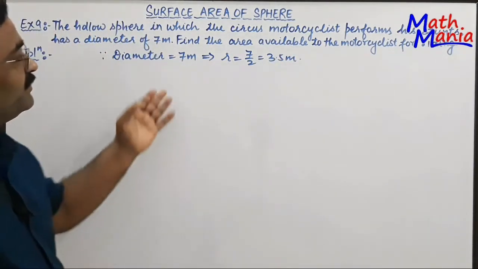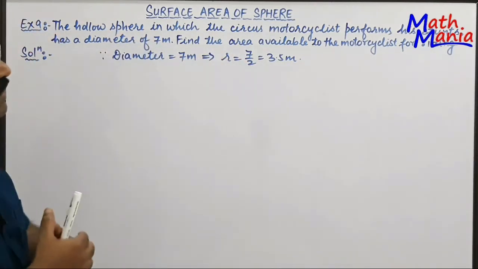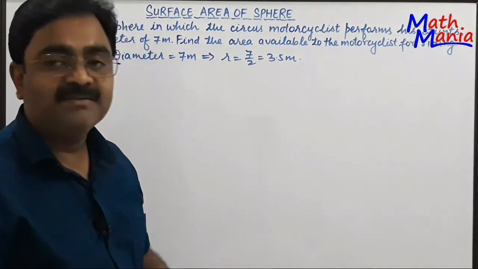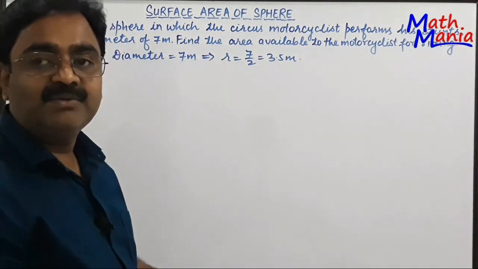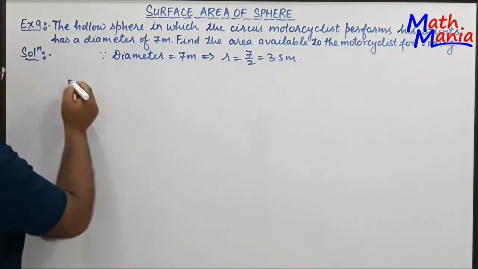So as the radius of this hollow sphere is 3.5 meter, the question is asking to find the area available for the motorcyclist for his riding. So the riding area available for the motorcyclist is equal to, therefore,